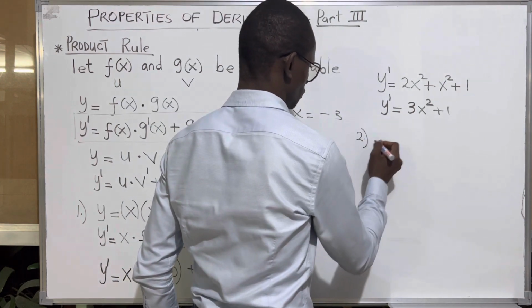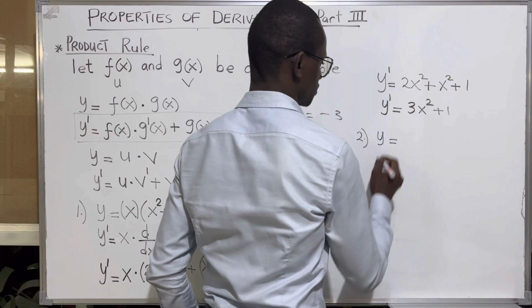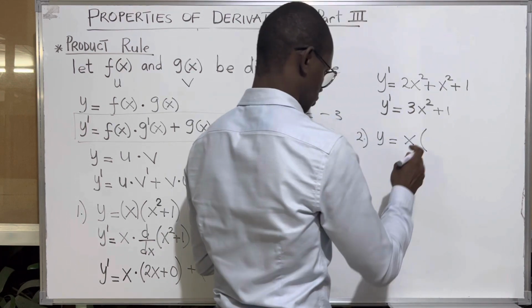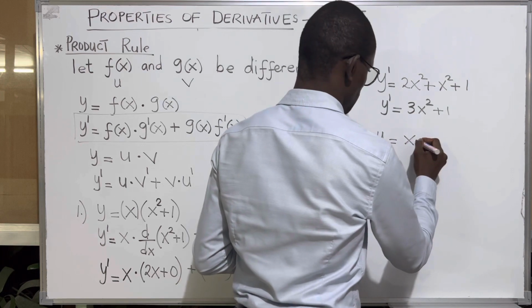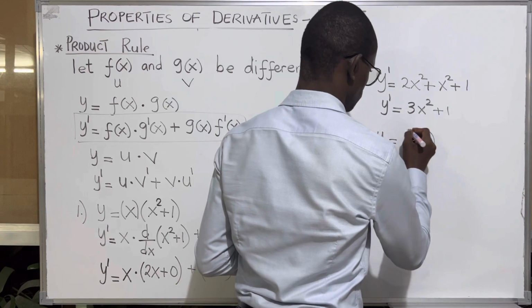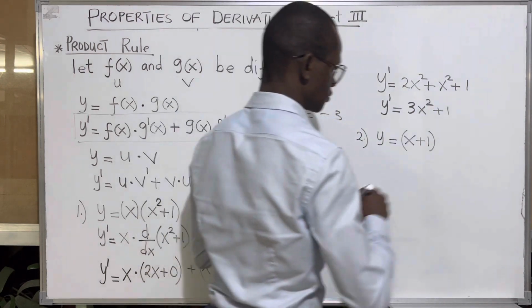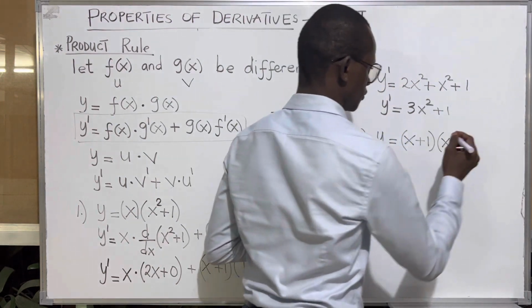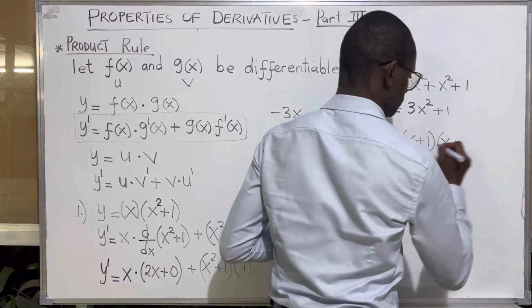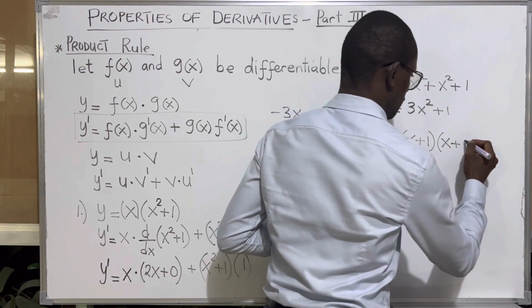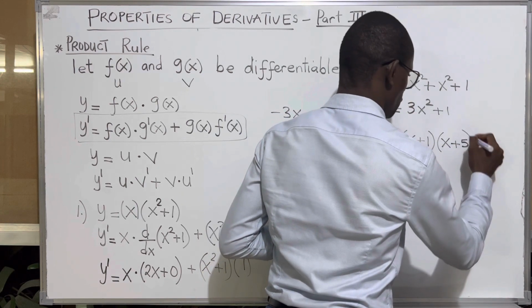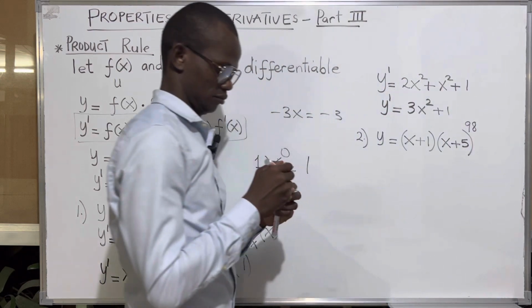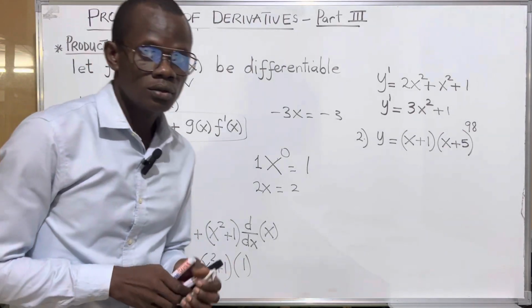Question 2. y equals x plus 1 times x plus 5 raised to the power 98. So what if you